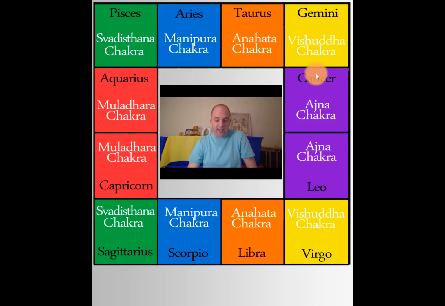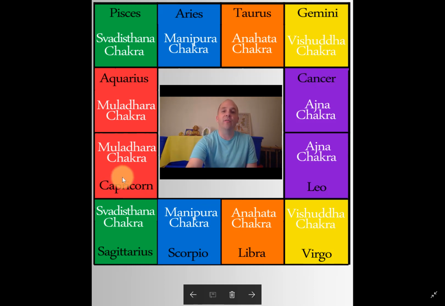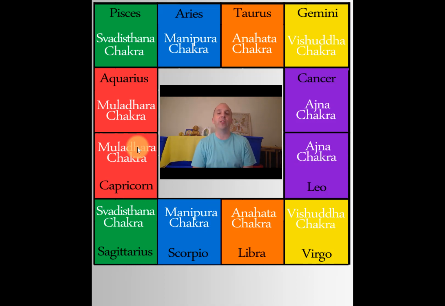So if you think of the sun at its most southern point in the zodiac, that is the Muladhara chakra, the lowest place, and Cancer represents the highest point of the zodiac. So it's almost like the sun is moving up and down, just like our energy moves up and down through our chakras and through our body, up along our spine, the same way. That's how we're looking at the movement of the sun, and all the planets, through the zodiac. And that's why we would say Capricorn is related to the Muladhara chakra.